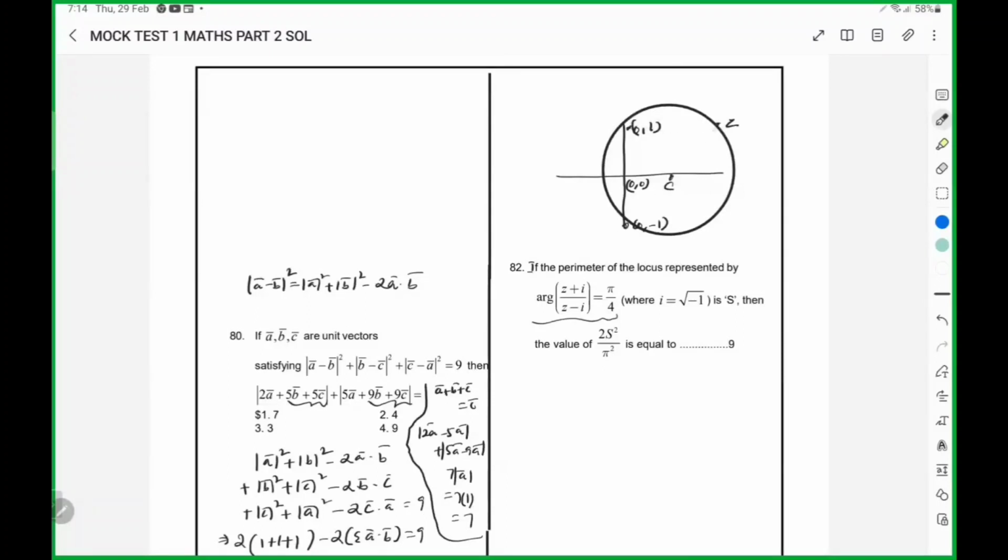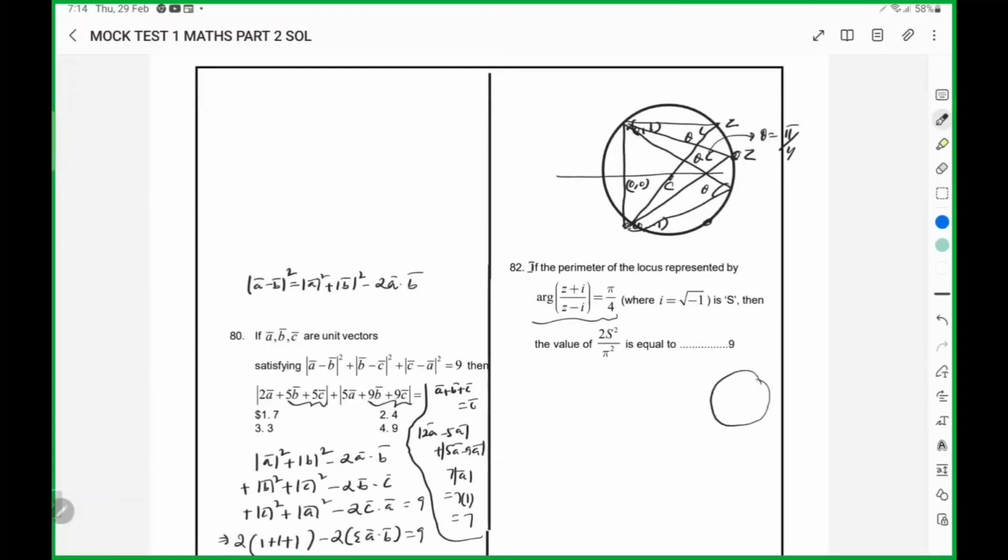z plus i by z minus i will give you the angle between them. So the locus of all those points, here the argument is fixed for all z, meaning angles in the same segment. So it represents a curve. So he has given this theta as pi by 4. Then the angle it makes at the center